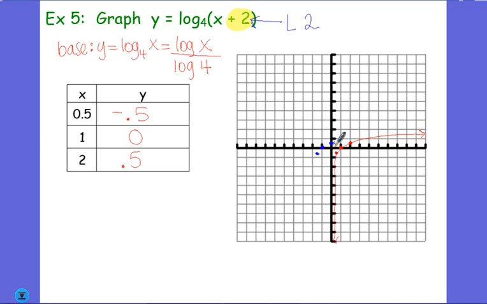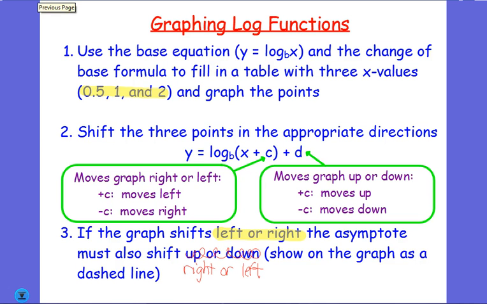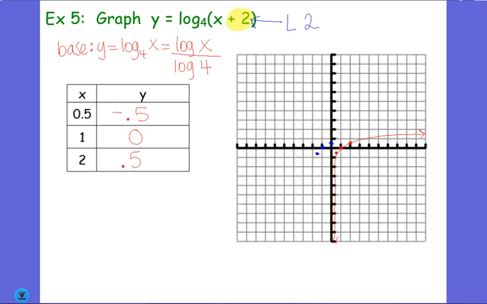Don't change its location, just shift it. Now don't draw in your dots yet, because we have to shift. If we shifted left or right, which we did, the asymptote must also shift right or left. So I'm going to take my asymptote that was right here, and I'm going to go 1, 2 to the left. So I'm going to put my dashed line right here,